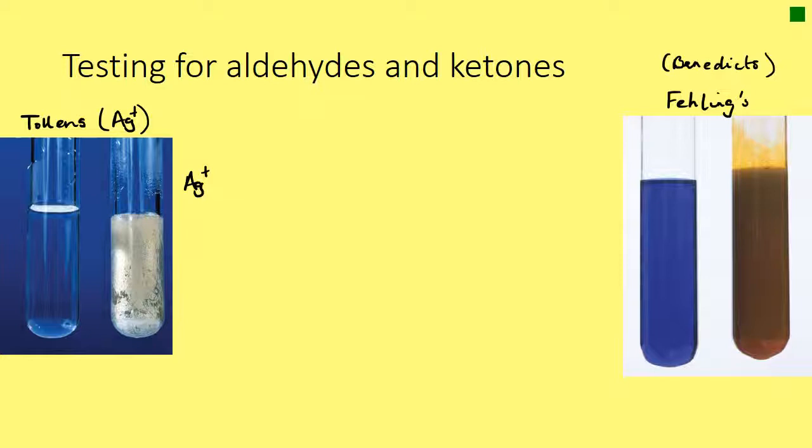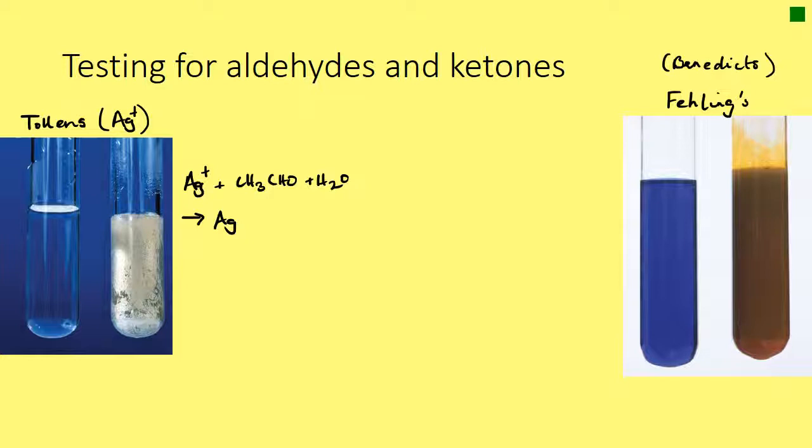When we react those silver 1+ ions with an aldehyde, let's draw our little aldehyde here, you need a bit of water as well to balance the equation. When we do that, the silver ions are reduced to silver atoms,